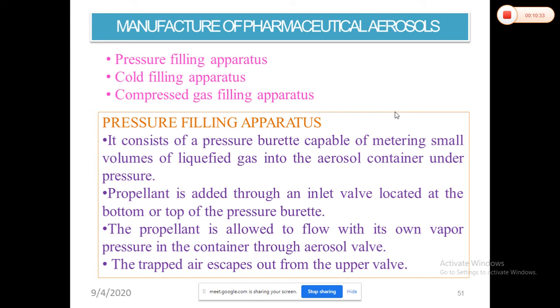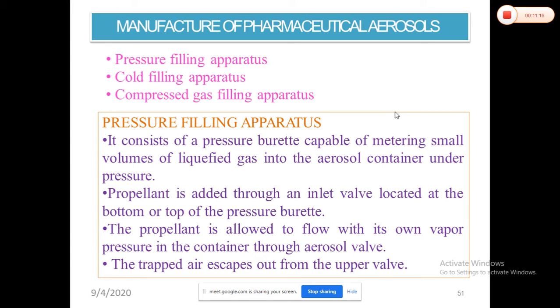There is another method also, where they have developed a piston. Through that piston they develop the positive pressure. Like a pichkari, a syringe-type water pump that everyone must have seen: first we fill it, and then when we apply pressure, the water content comes out of the device. Likewise, the piston arrangement is also there under this pressure filling apparatus. The propellant is added through an inlet valve located at the bottom and on the top of the pressure burette. Then the propellant is allowed to flow with its own vapor pressure into the container